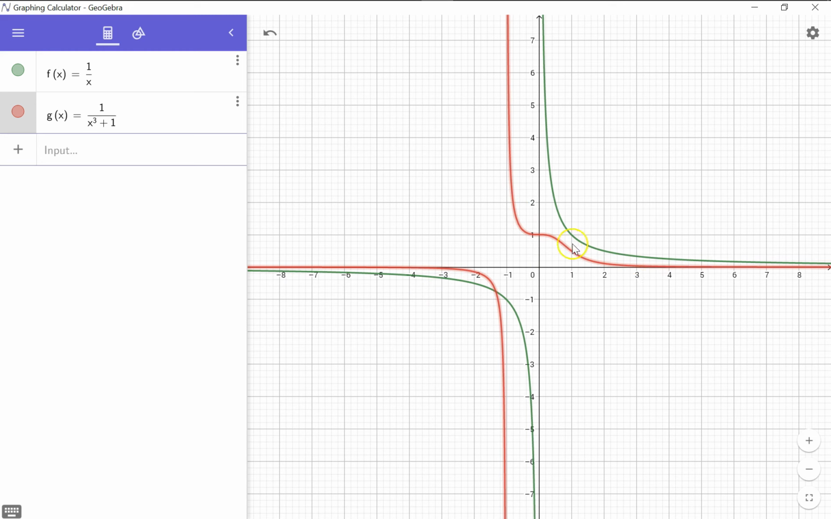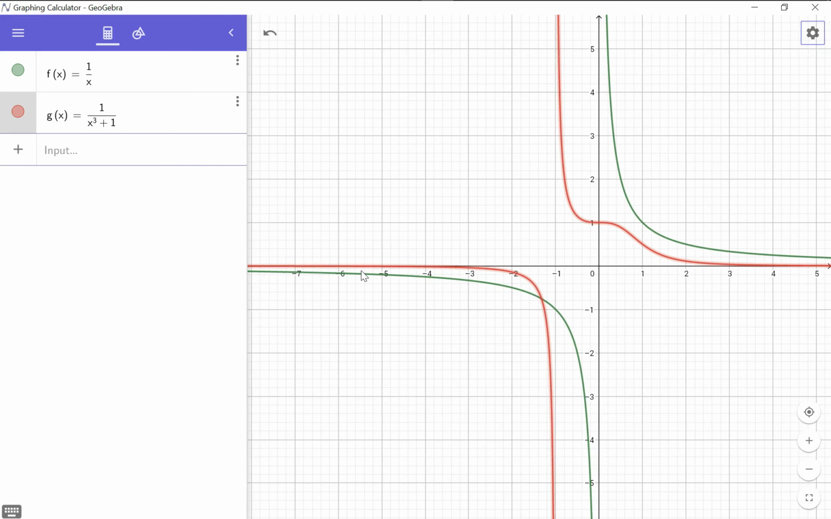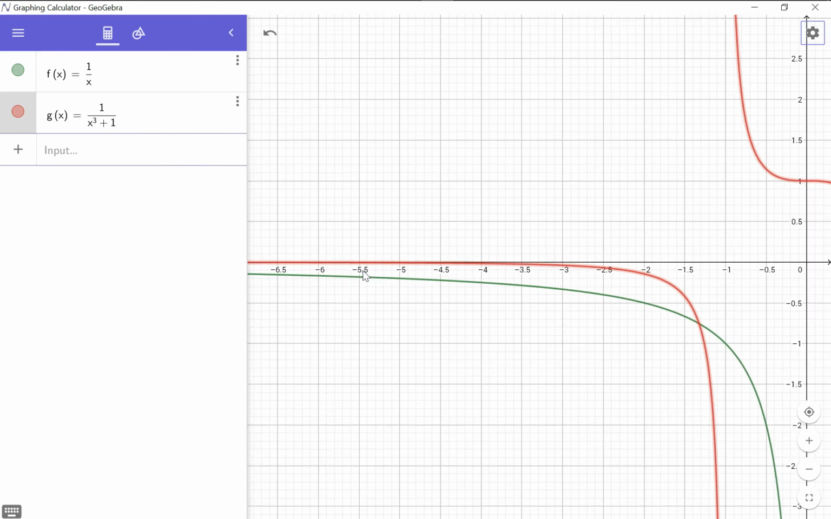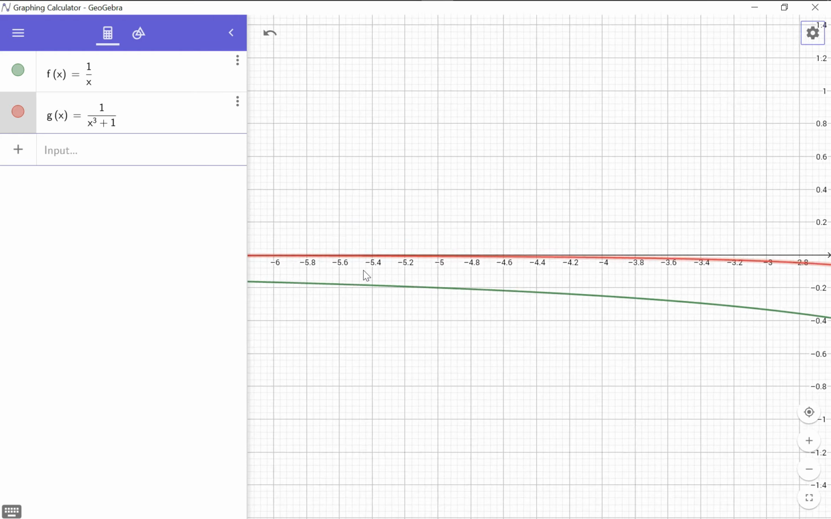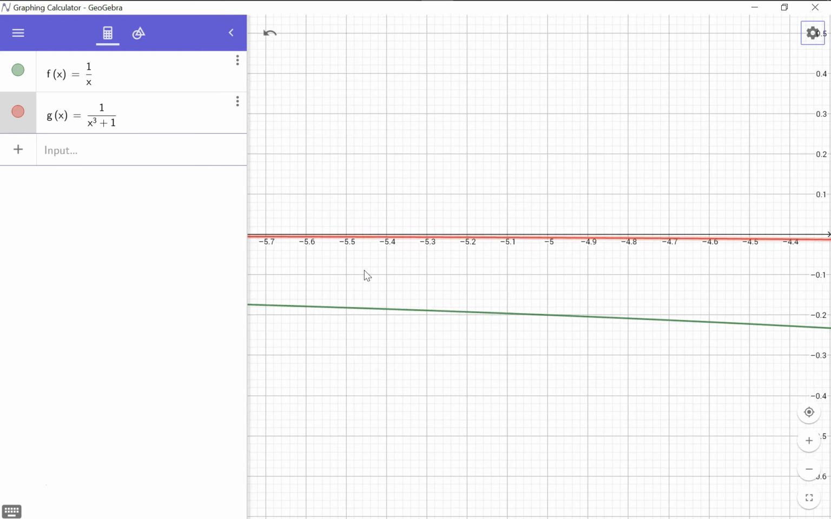So here there is a kink now because of this plus 1. Here it looks as if it has become equal to 0. No, if you get closer and closer, see,